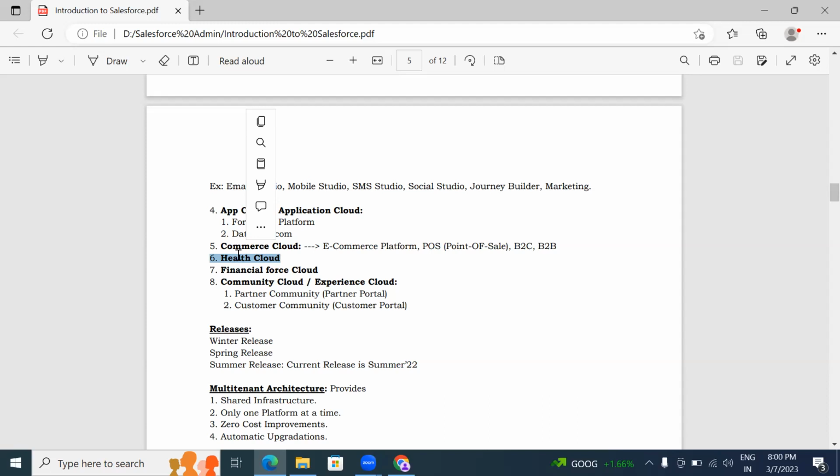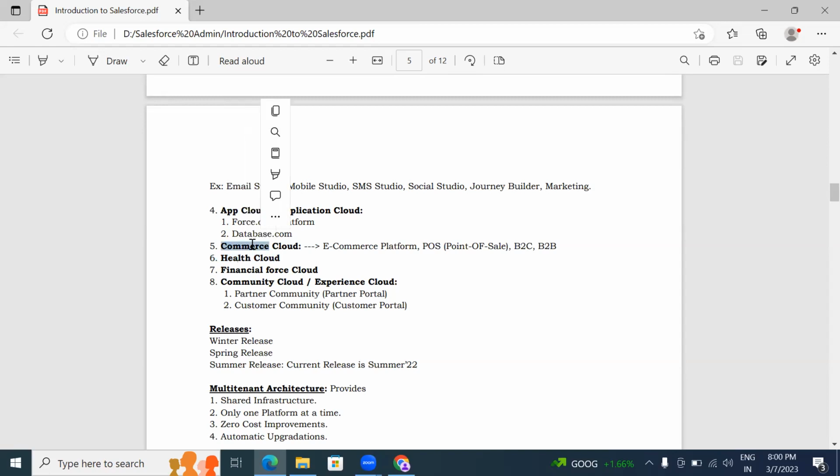We can automate doctors' information, patients' information, and health records of the patients. Suppose they are conducting any tests, we can automate the testing related information, also the testing machines information. All this we can automate by using this Health Cloud feature, which was given by Salesforce very recently.